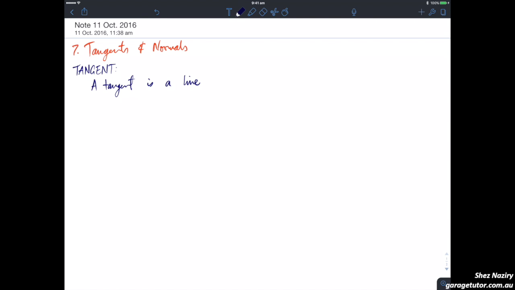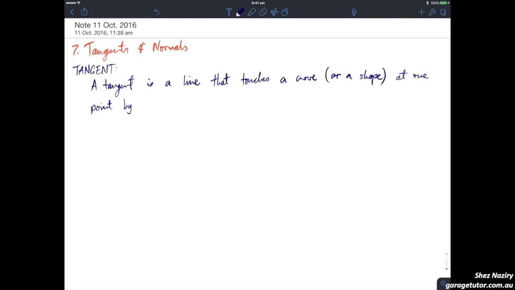All right. Why is that the keyword? Basically, I'm relating it to your linear functions. You have to know the equation of a line. You have to know its structure. You have to know gradients. You have to know intercepts. Okay? A tangent is a line that touches a curve, and more generally, any shape, at one point,